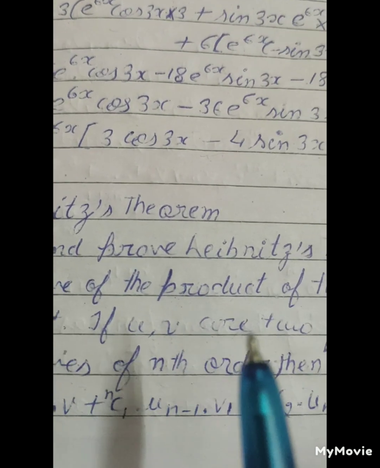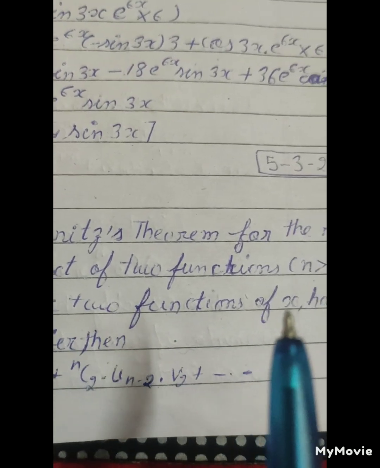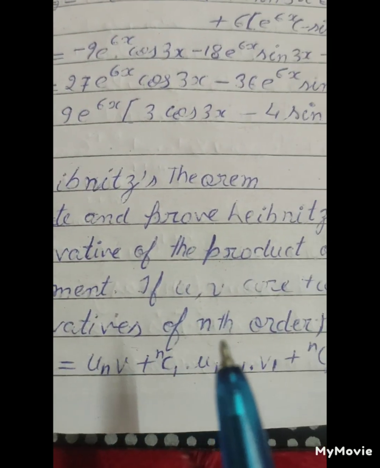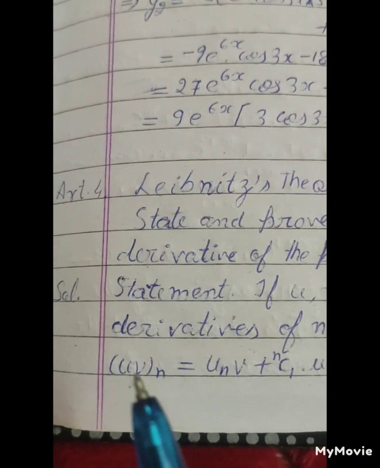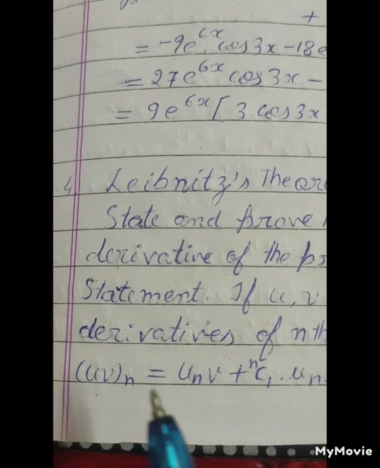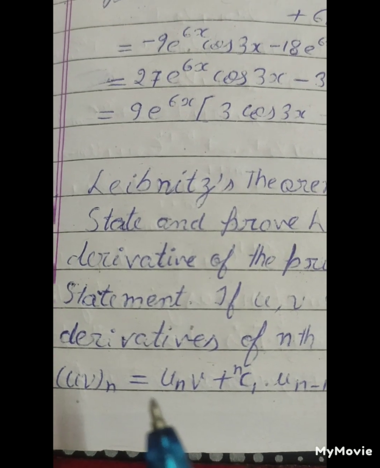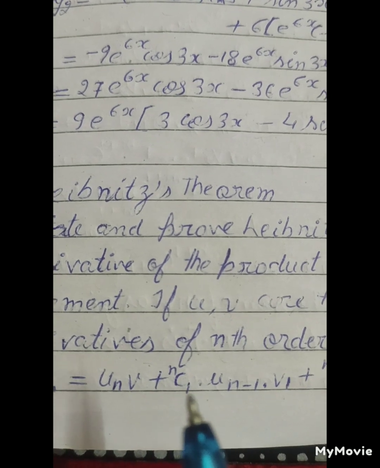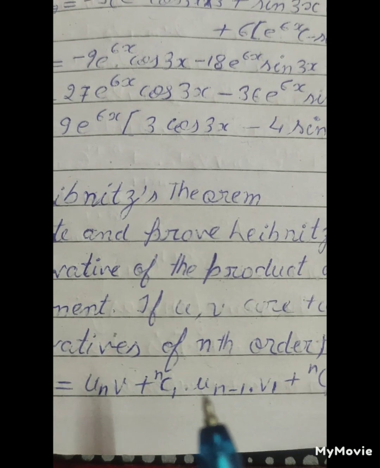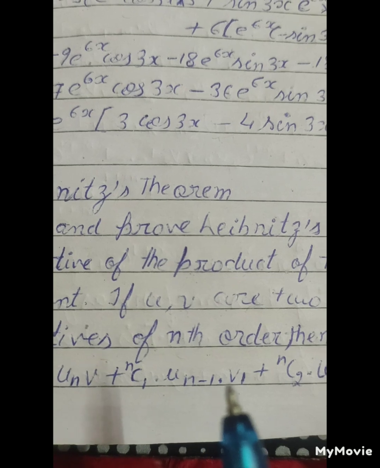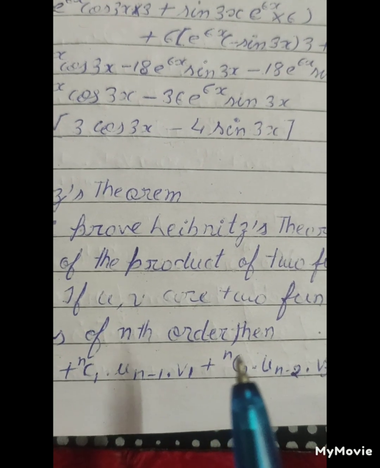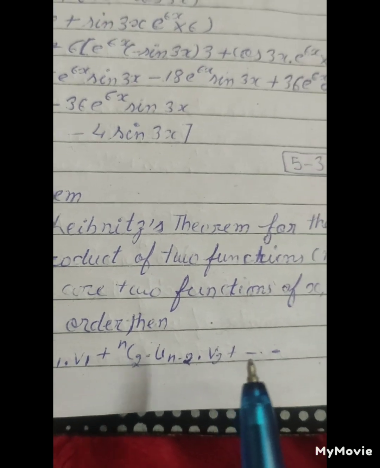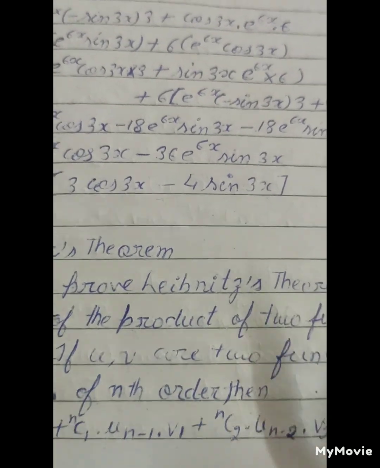Statement: if u and v are two functions of x having derivatives of the nth order, then (uv)_n = u_n v + nC1 u_(n-1) v_1 + nC2 u_(n-2) v_2 + and so on